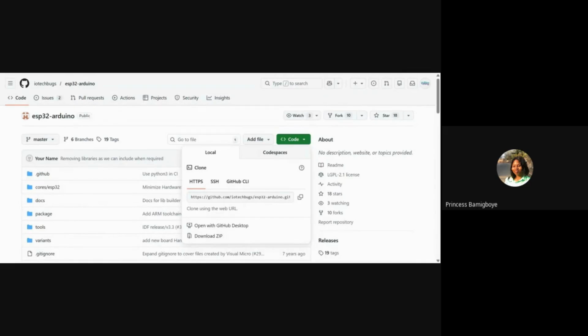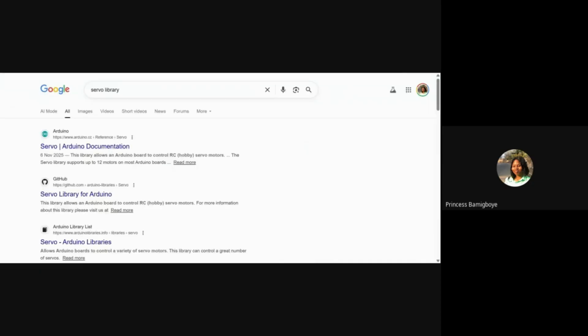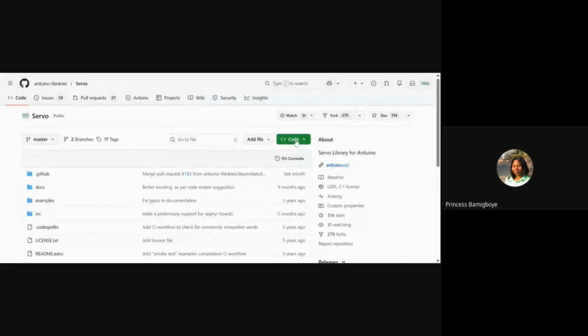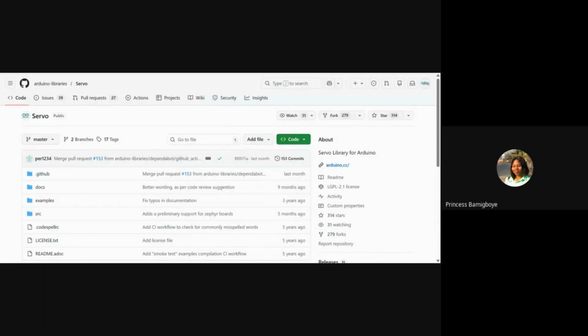Like now, servo library. As I'm saying servo like this, you'll never forget it. Servo library, see it now under GitHub. I select it, and it takes me to GitHub. It brings me to this page directly. You know what to do. Download the zip file. The only difference now is that after I've downloaded the zip file and extracted it, I've shown you how to extract.